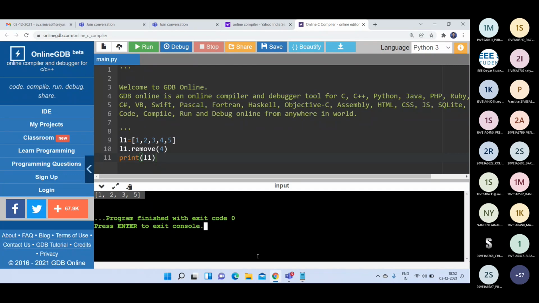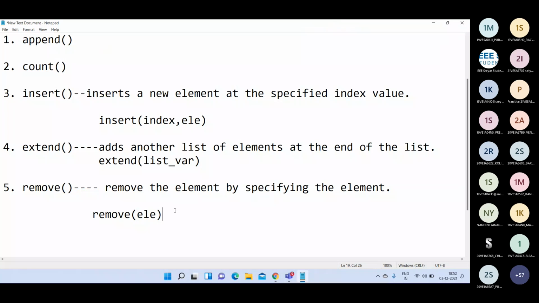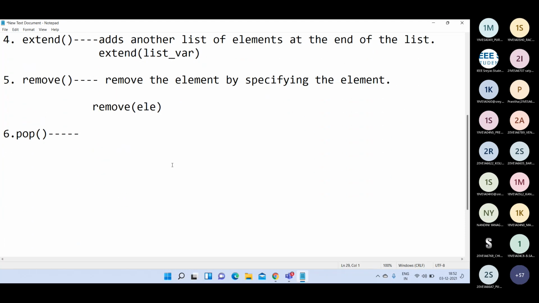Then there is one more method for deletion, that is the pop function. This method is used to remove the element by specifying the index value.